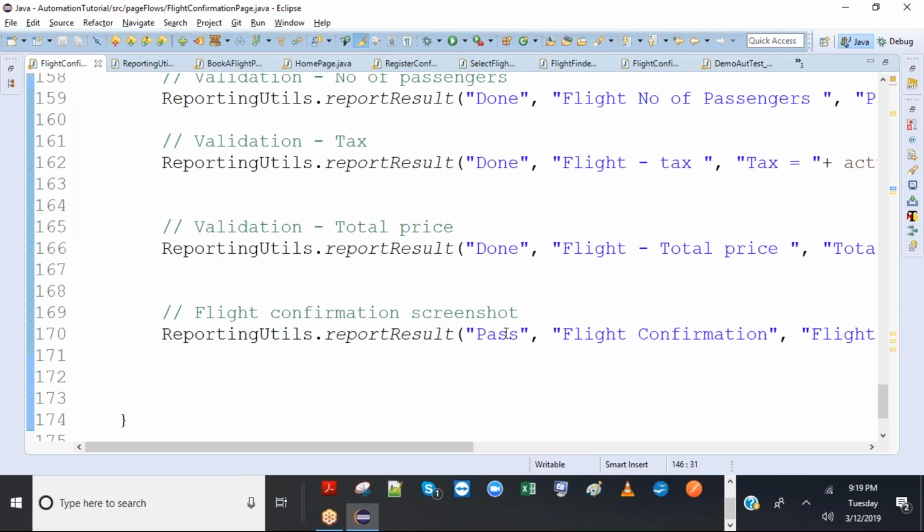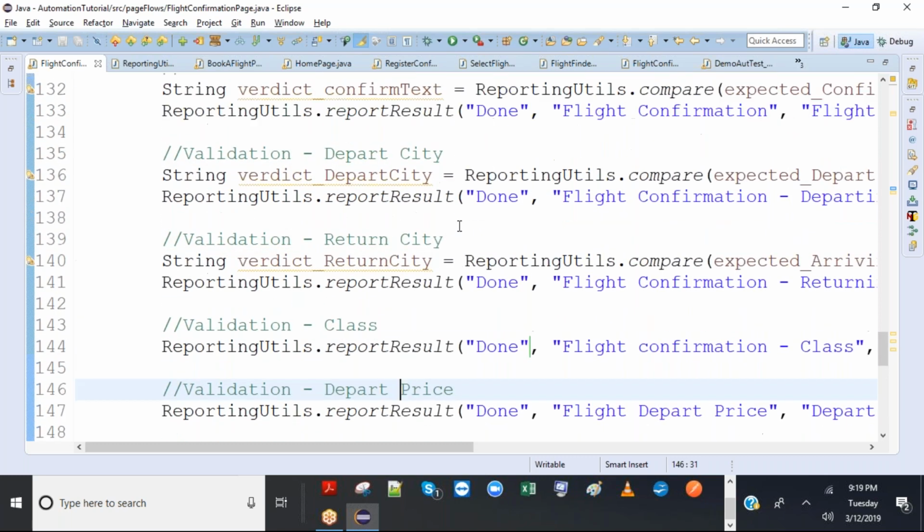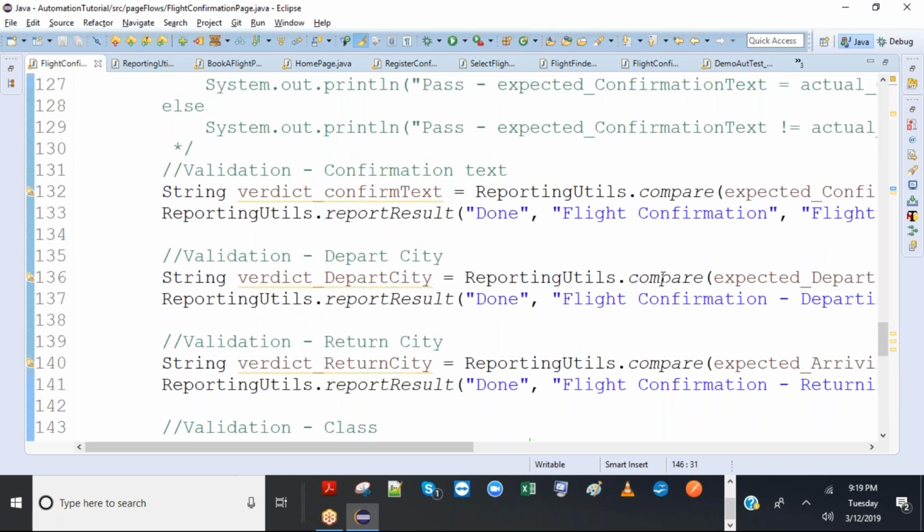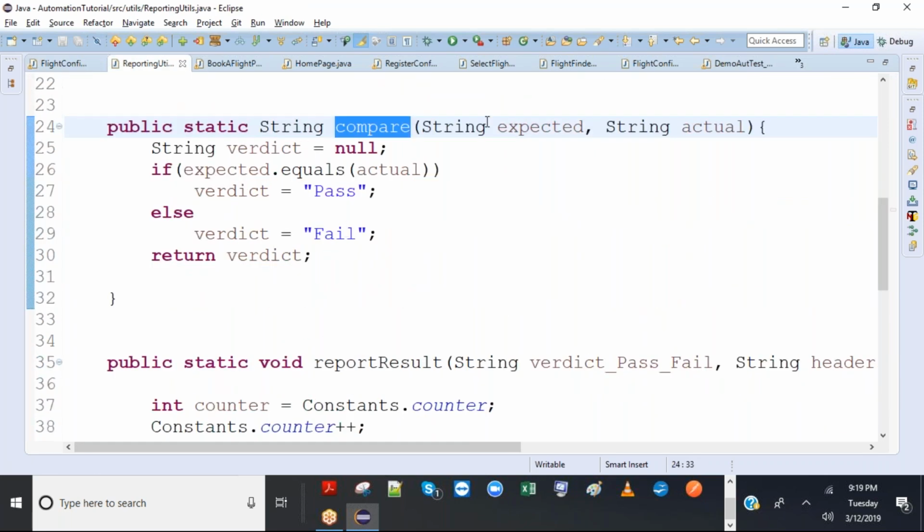This pass has to be dynamic, because it will depend on all these passes. This compare returns pass if both are equal, otherwise fail. Simple as that.